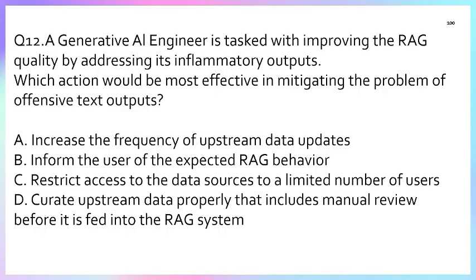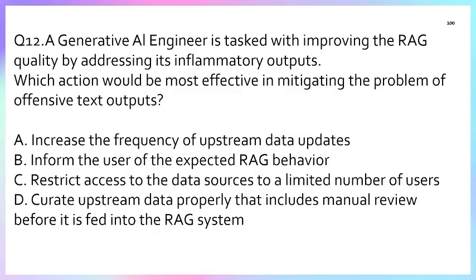Manual review and curation ensure only high quality, non-offensive information is indexed. So this is the most direct way to mitigate the harmful output, fixing the problem at the source